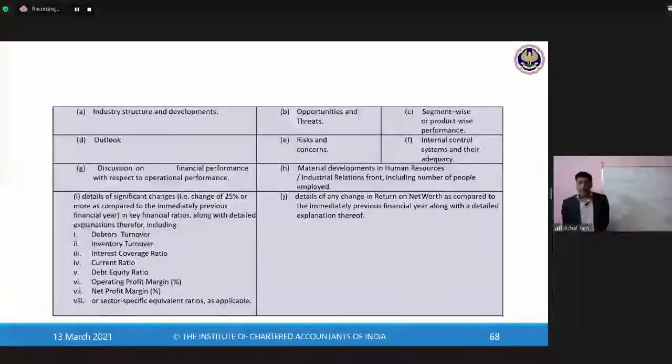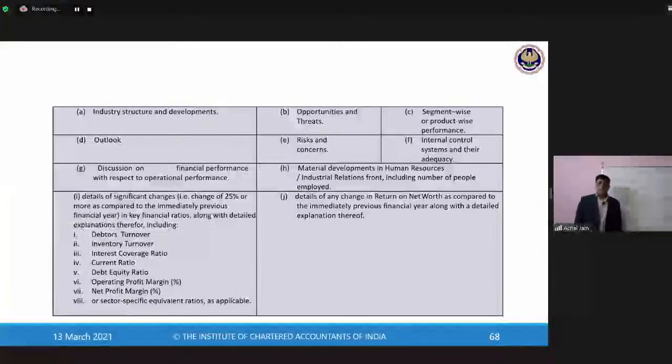So this MDNA document talks about the industry structure and the developments, opportunities and threats for the organization, any segment-wise or product-wise performance that is required to be discussed over there, which may be helpful or useful for the users of the financial statements or the financial information which could be there in the annual report, outlook of the organization, what are the risks and the concerns for the organization, internal control systems and their adequacy, discussions on financial performance with respect to operational performances, management developments in human resource, industrial relations front, including number of people employed,